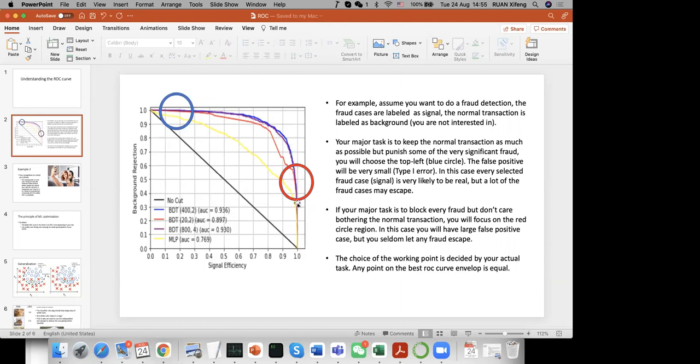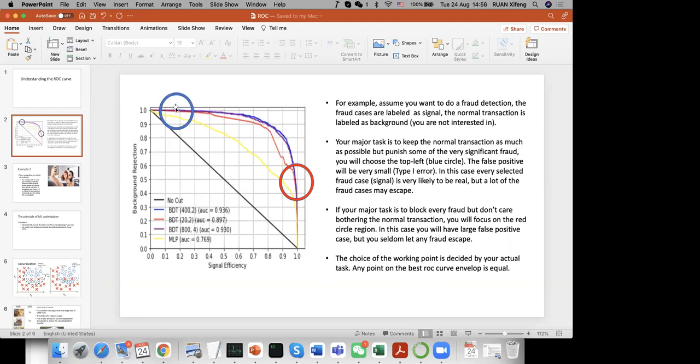The ROC curve just gives you a general feeling of which method is good, but it doesn't mean that the method with the largest AUC, or the one closest to this point, is the best method. It also depends on where your major working point is. For example, if two curves cross each other, assume that this red curve is inferior to the blue one at this point, but it may exceed the blue one near this top left side. In that case, if your usual working area is this region, you only need to consider this region.